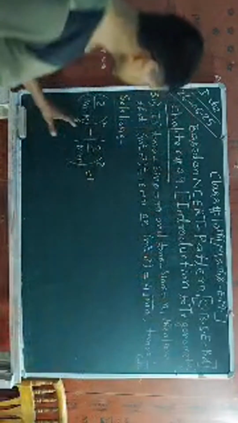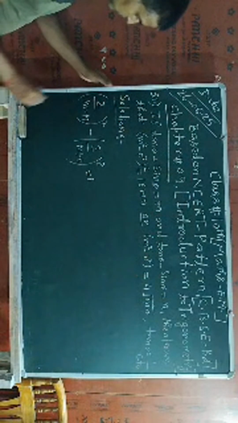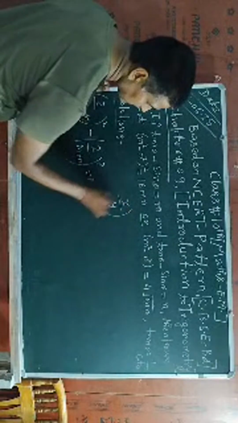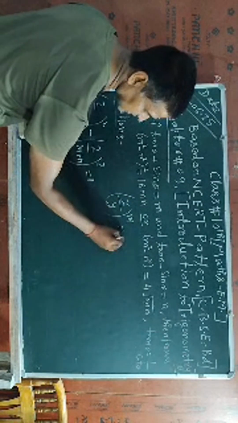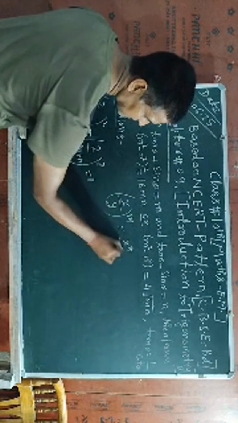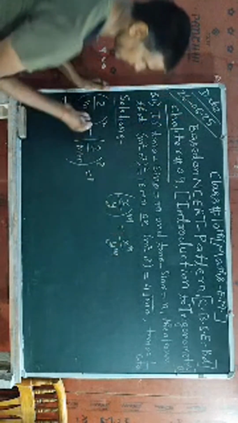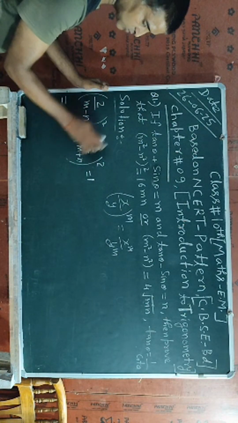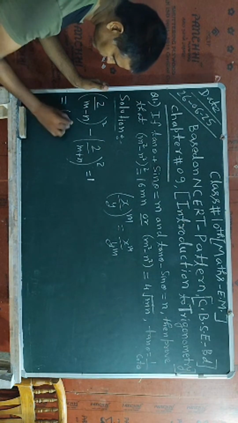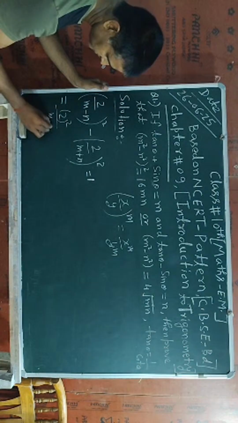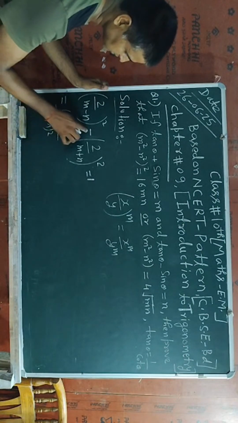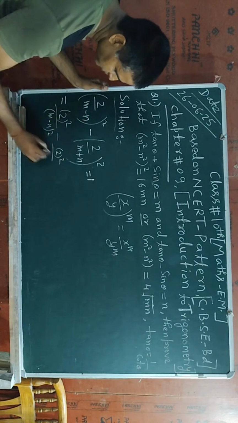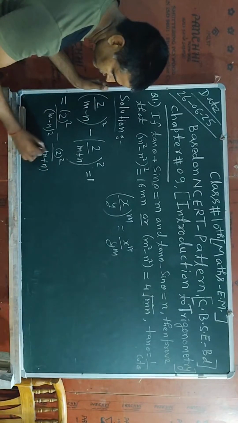Okay, students, so you concentrate and here I am going to solve its solution. Now here I will use one concept, that is, x divided by y to the power m, now I will write here x to the power m divided by y to the power m. This concept I will use here. So this 2 will come on 2 and this 2 will also come on 2. So here I will write 2 to the power 2 divided by m minus n whole square, minus sign we will use here, 2 whole square divided by m plus n whole square,